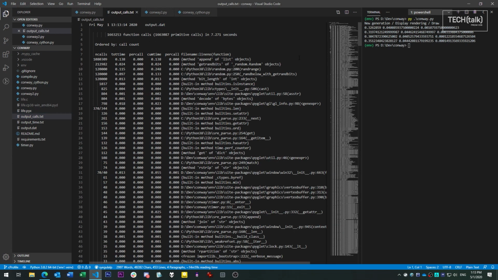The first, outputcalls.txt, lists which functions were called the most. Let's take a moment to look at the format of the output. The ncalls column is the total number of calls for the function in question. The next two, tottime and percall, indicate the total time spent inside the function call and the average amount of time spent for each call. The next two, cumtime and percall, indicate the total time spent inside the function and all other calls made by that function, and the average time per call for that as well.